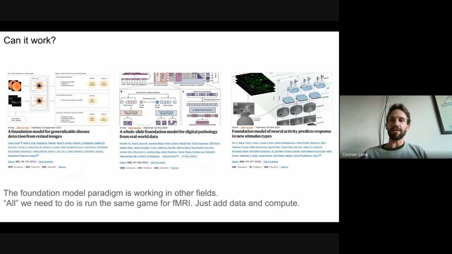So in each of these cases, the strategy is working, where you take a large amount of data from some domain, combine it with the compute and some appropriate model and training strategy, and you get out something that's at least scientifically useful, and we hope will ultimately be practically useful. In our case, that means useful for clinical, mental health, brain health applications. And so this is the goal, and this is why we think it might work.